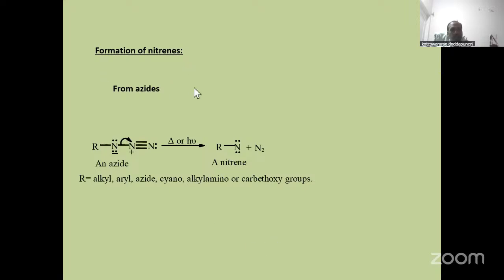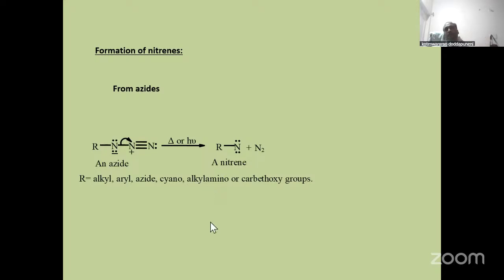And now, how are nitrenes generated? Nitrenes can be generated from azides. The azide on simple heating, or sometimes irradiation with light, leads to formation of nitrene. Here the R group may be alkyl, aryl, azido, cyano, alkylamino,